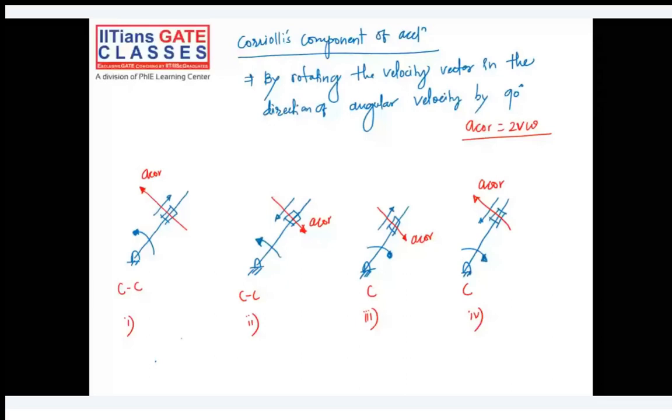So first you take the Coriolis component, or then the acceleration of the slider, ultimately you will get the same total acceleration. The sequence also doesn't matter. So from this, you can roughly say that total acceleration will be